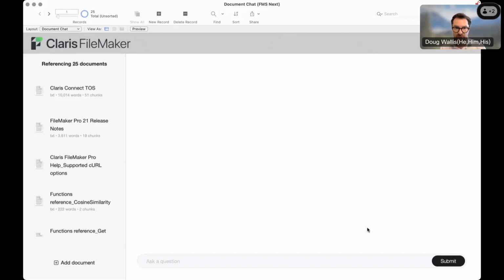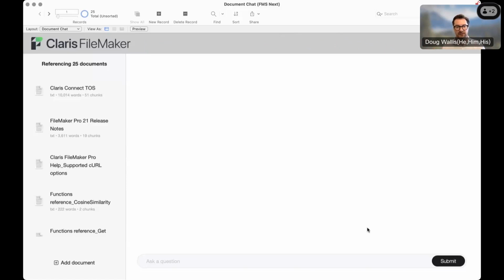FileMaker Pro app. Our great PM, who has done a lot of work on AI, Ronnie Rios, has created this great demo, which makes my life a lot easier because I don't have to build it, and it just works out of the box every time. The way Ronnie created this file is we put documents, so they're text files, inside containers, and then we send that text data to the OpenAI LLM, and it takes the text,